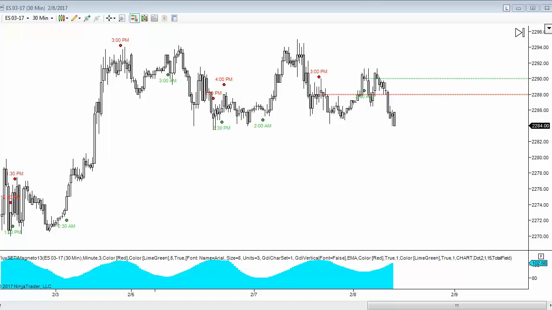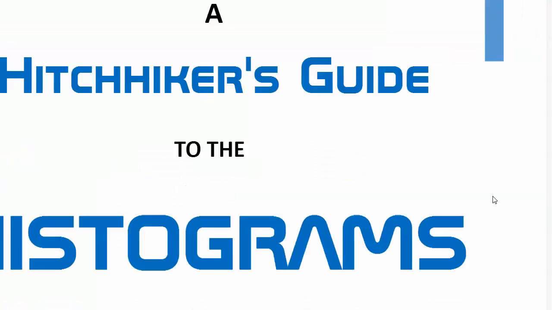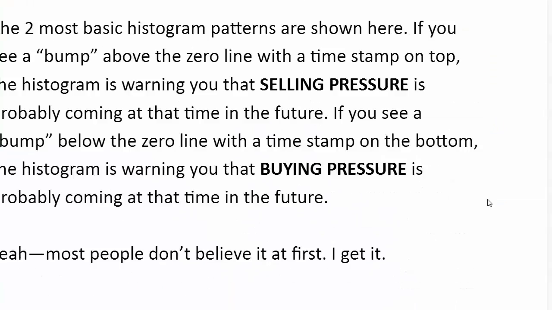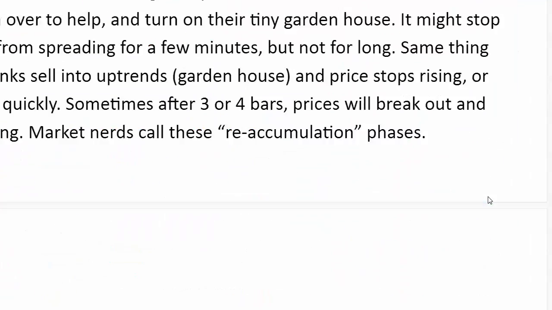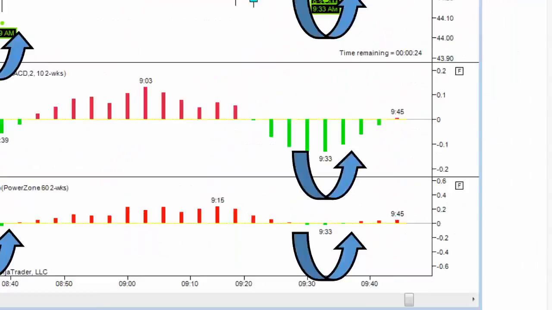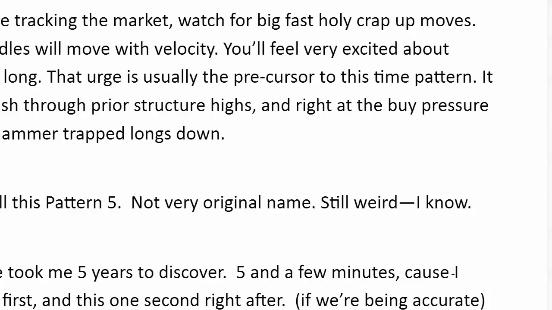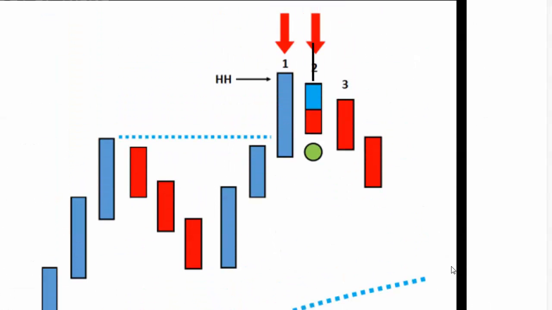And so when you open that, there are these wonderful patterns that I've taught you that we've learned work really well in the flux. And one of those patterns, the very last one, is called a pattern 5. Carol, it's a higher high green dot. Remember this one? Derek, remember this one? It's when we move into a higher high and we have a buying pressure signal, the market tends to exhaust.